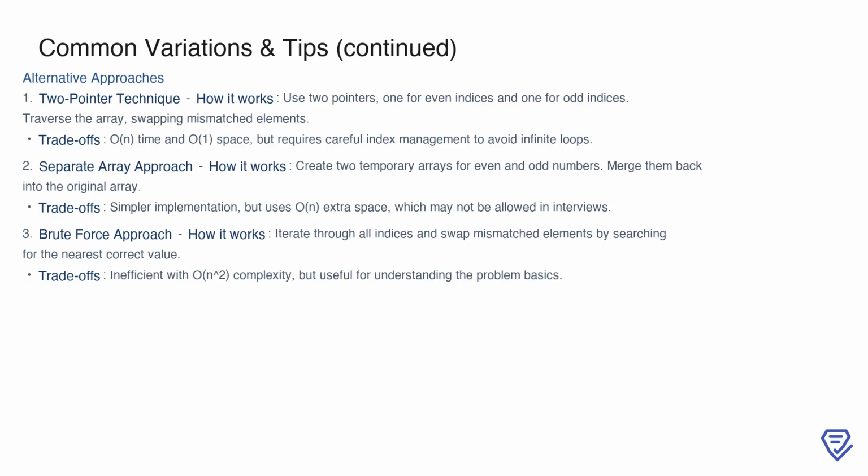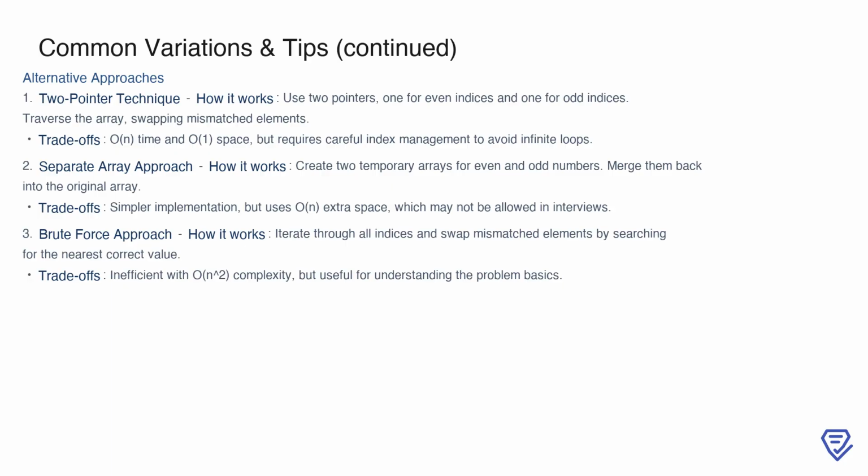like infinite loops. Another option is the separate array approach. In this method, you create two temporary arrays, one for even numbers and another for odd numbers. After separating the values, you merge them back into the original array in the correct order. While this method is simpler to implement, it uses O(n) extra space, which can be a deal-breaker in interviews that